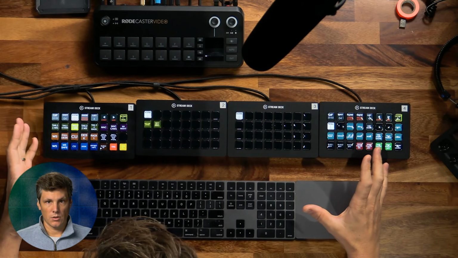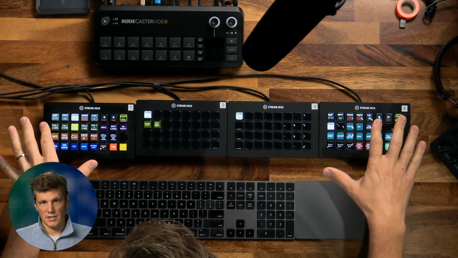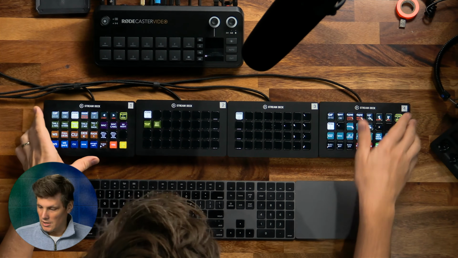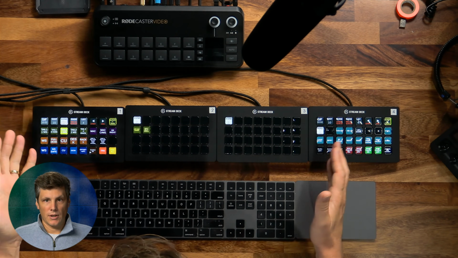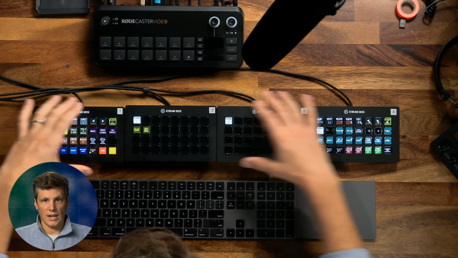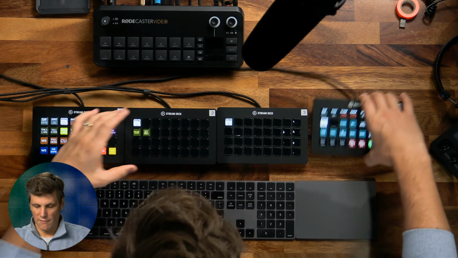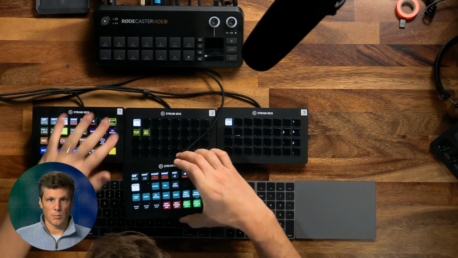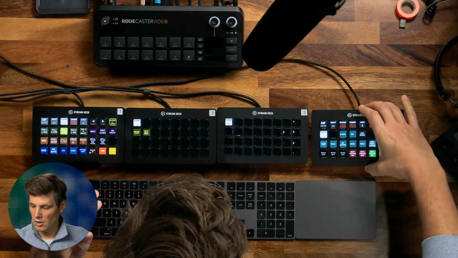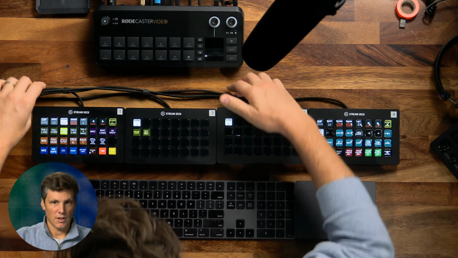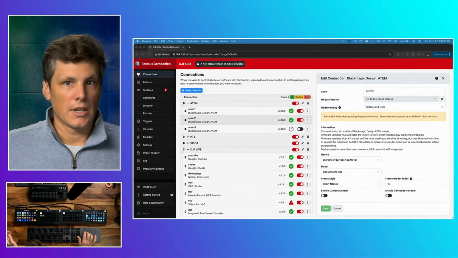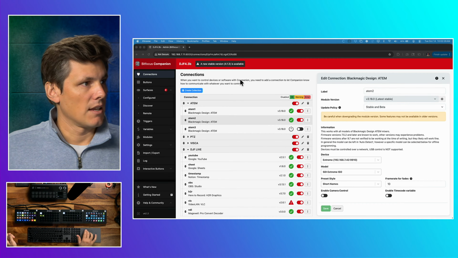Or even, you could spread it out this far if you want, depending on the layout of your desk really. So I've got my keyboard here, and I quite like having 4 in a row, but I could see other people probably could have room for more, like a grid of 2 by 2 is another way of laying them out. So let's jump into Companion, and we're going to take a look at